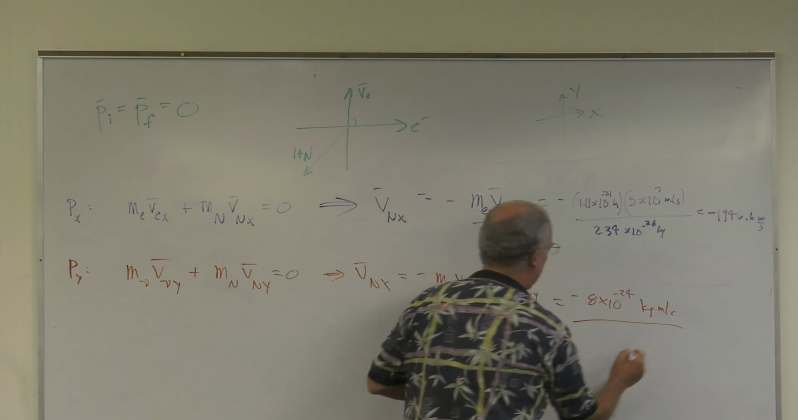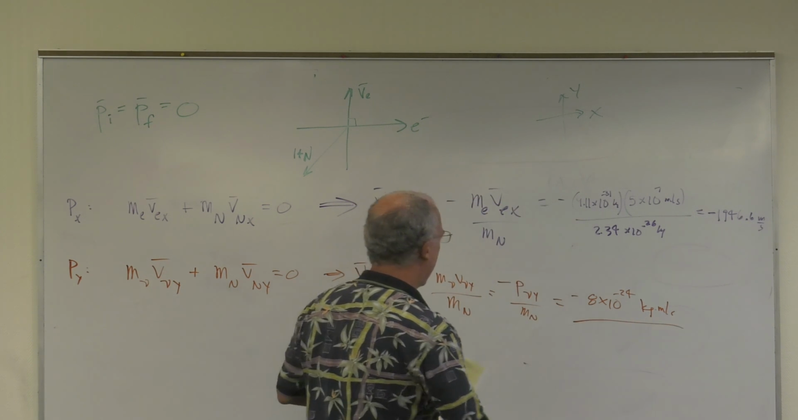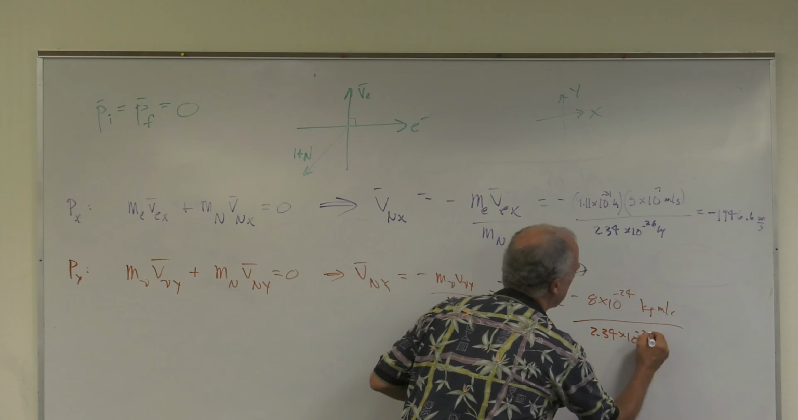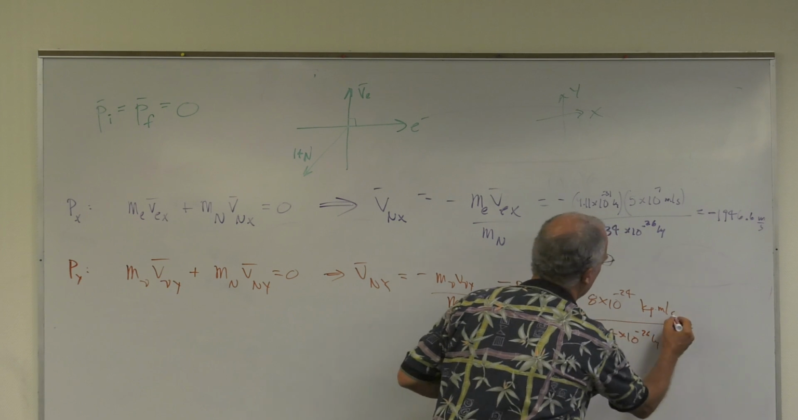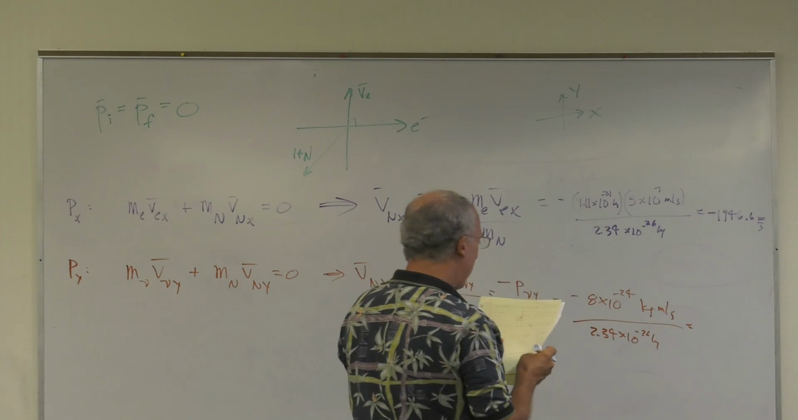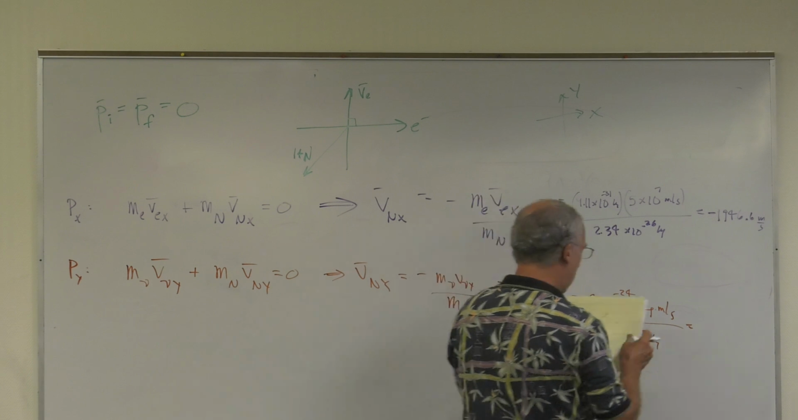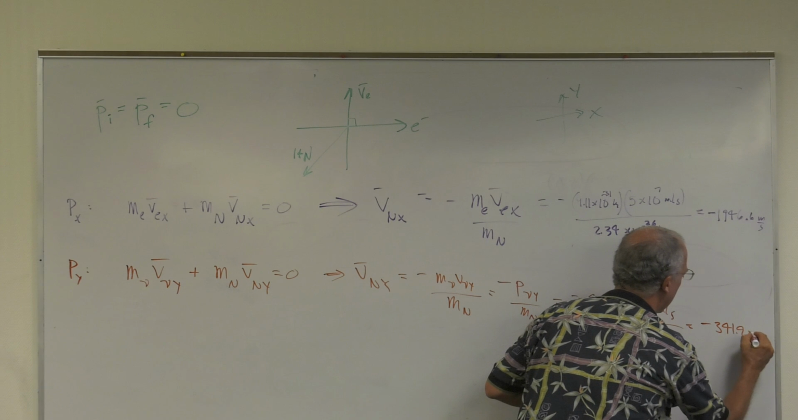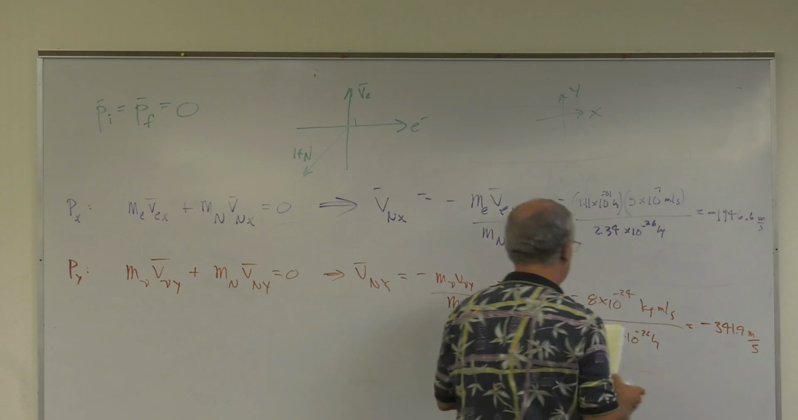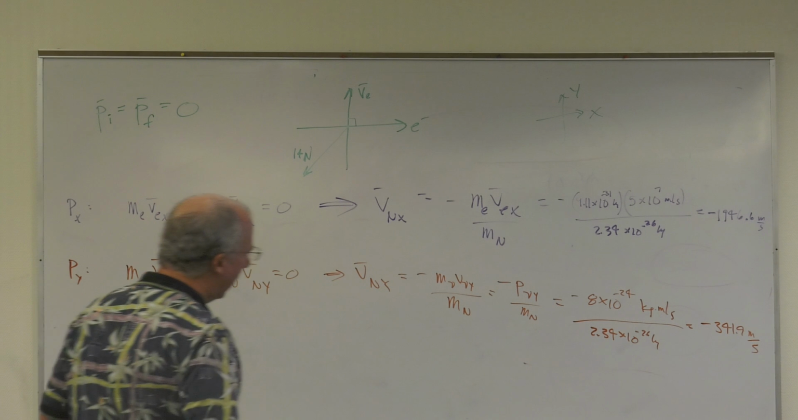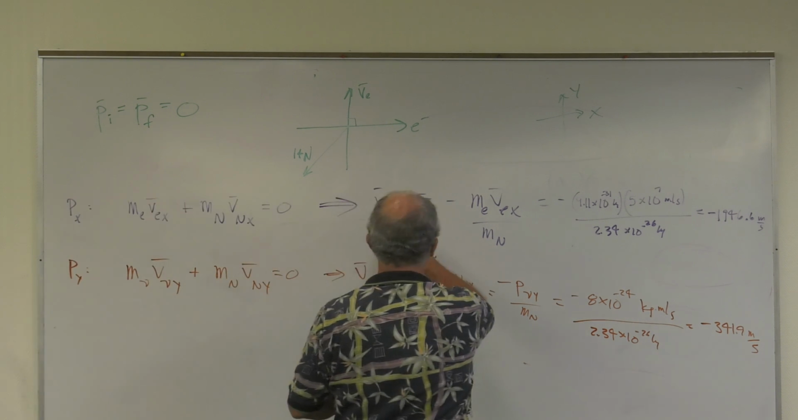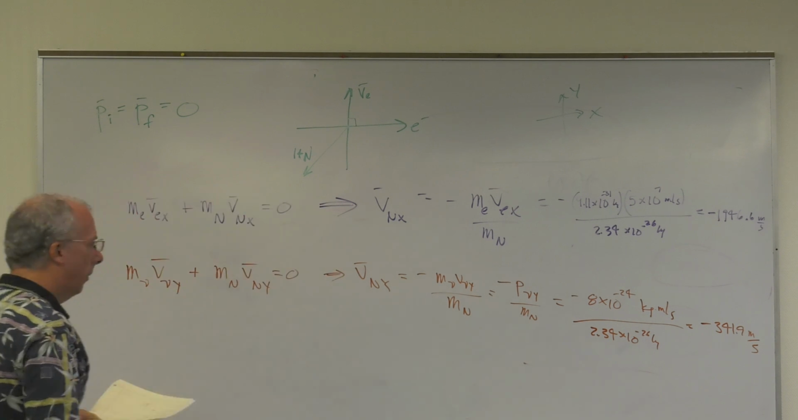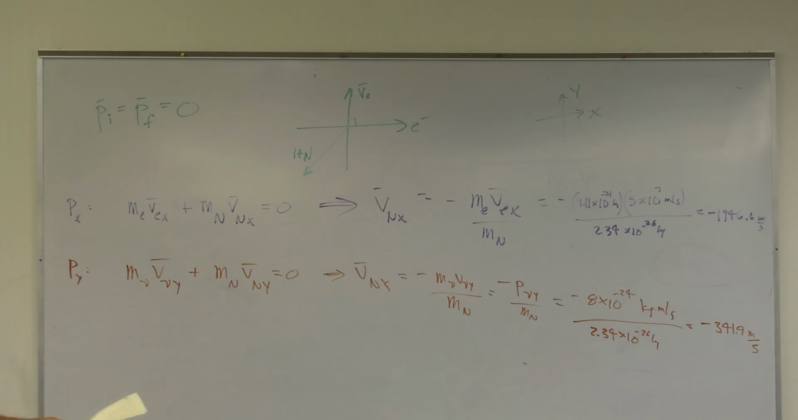And nitrogen has a mass of 2.34 times 10 to the minus 26 kilograms. And I promise you, you do that, and you get minus 341.9 meters per second. All right, so now we have the x component of the velocity and the y component of velocity. And they want to know the speed, which is just